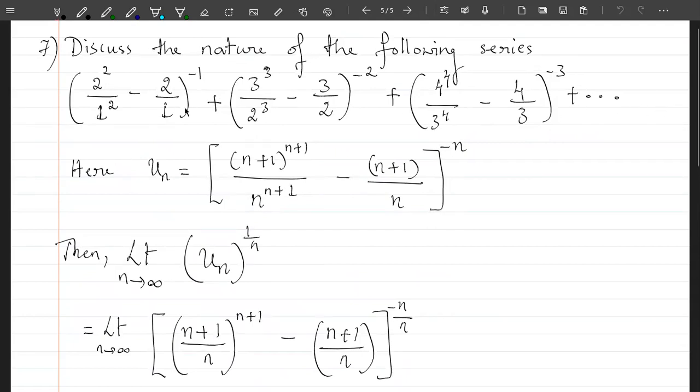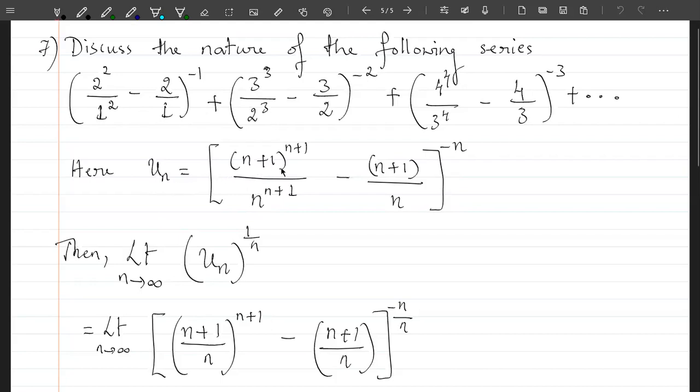So now if you continue like that, this is the value of u1 here. For u1, what did you do here? You wrote (1 plus 1) whole square. Here you wrote 1 square minus (1 plus 1) divided by 1 to the power minus 1. So for u2 here, you have taken (2 plus 1) power 2 plus 1 divided by 2 power 2 plus 1, minus (2 plus 1) divided by 2 whole power minus 2. And this is the term for u3. So if you consider all these three cases here, you can immediately write what should be un.